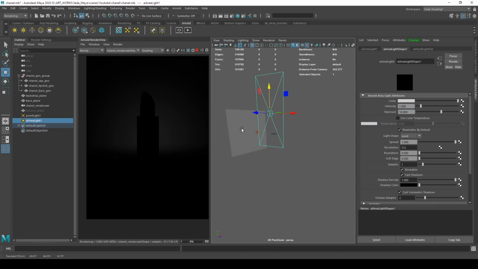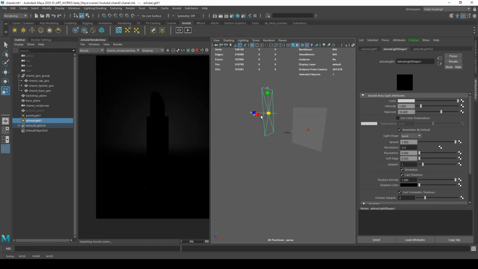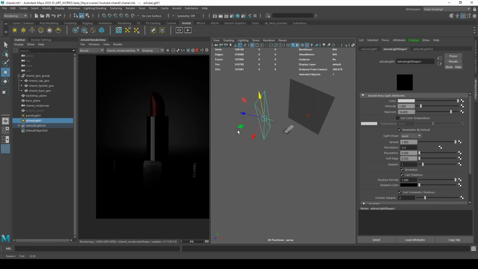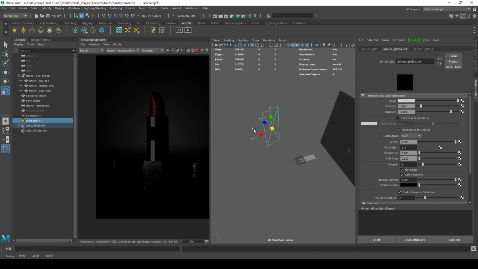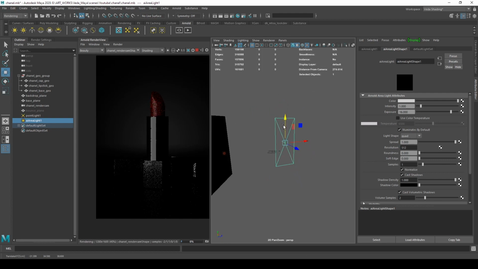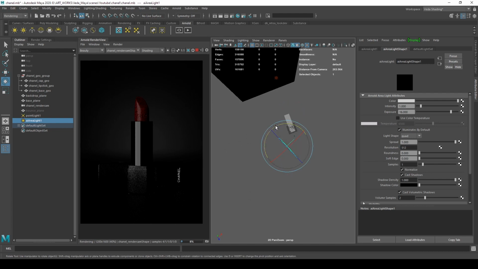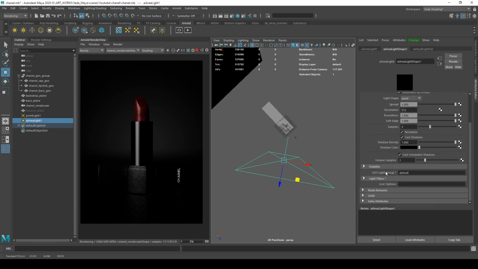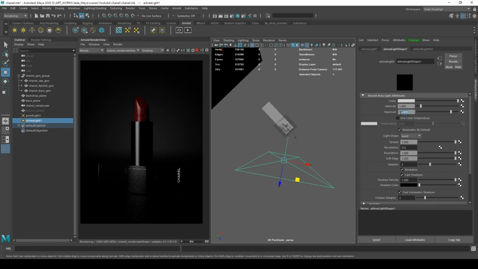I now start tweaking the positions and the exposure values just to get the similar kind of key as we got in the original render. The position of the area light is very important, and the area light is actually a very powerful tool in Maya. Leave a comment below if you want me to make a tutorial on the area light specifically. So now I start adjusting the roundness, the soft edge attributes, the exposure.